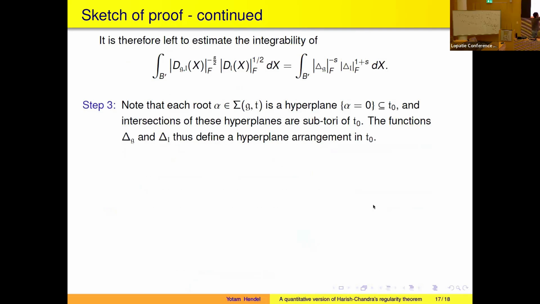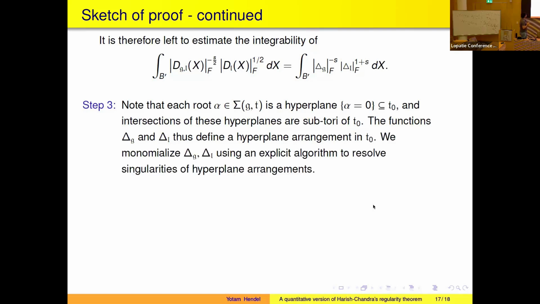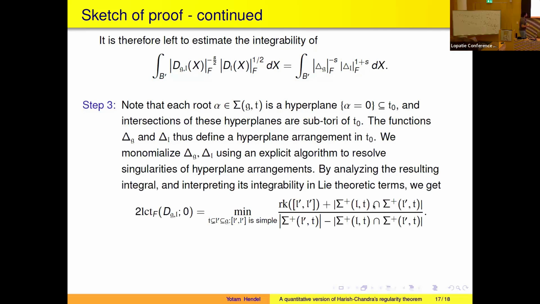now both this delta G and delta L give me hyperplane arrangements, and these are things that people have studied for a very long time. In particular, people know how to monomialize them. There are some very explicit algorithms to do so, that give the degrees of the resulting polynomials in a rather explicit way. So this is what we do. We use some algorithm to resolve the singularities of this integrand and also of the Jacobian. And after we do that, we can interpret in linear theoretic terms, and some pages later,